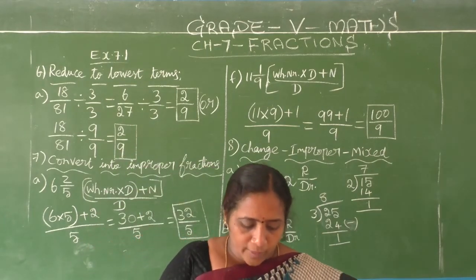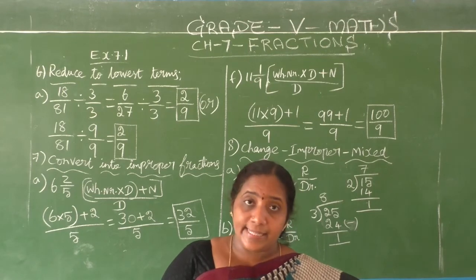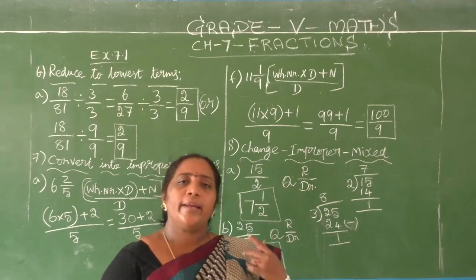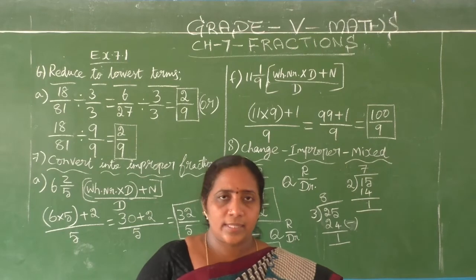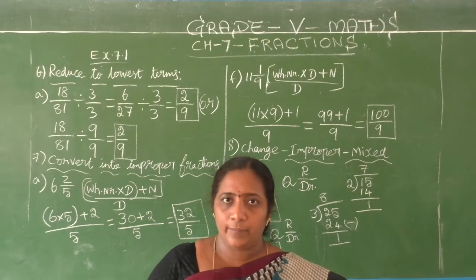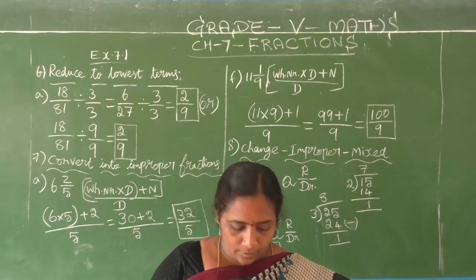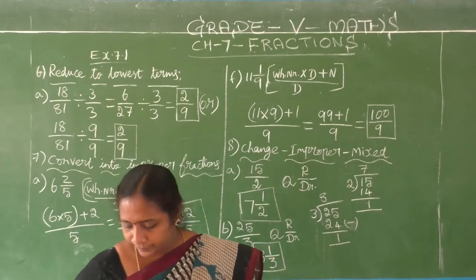So in this Roman also, the 8th Roman, they gave 10 sums. I worked out 2 sums. You can do 2 sums. That's enough. Totally 4 sums only. No need to write all the sums. Okay, shall we go to the next Roman?